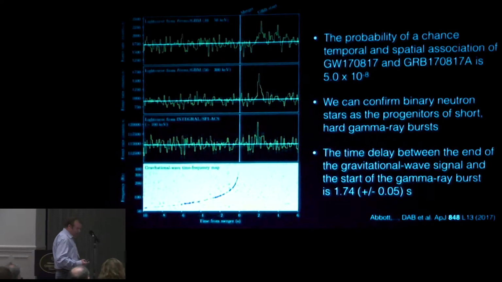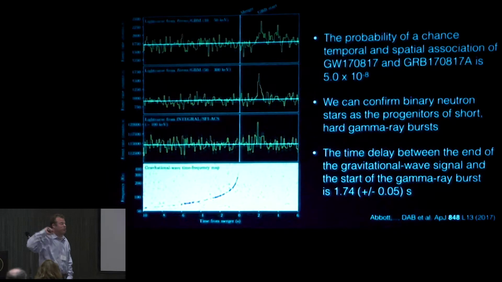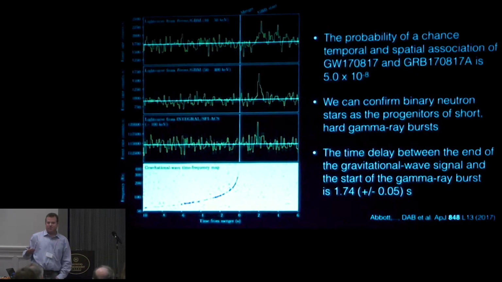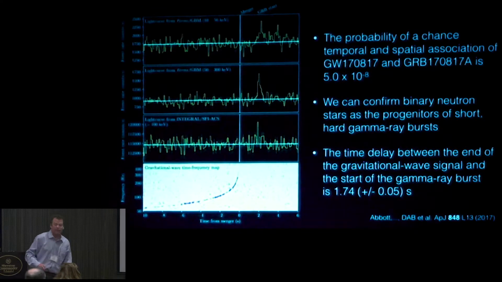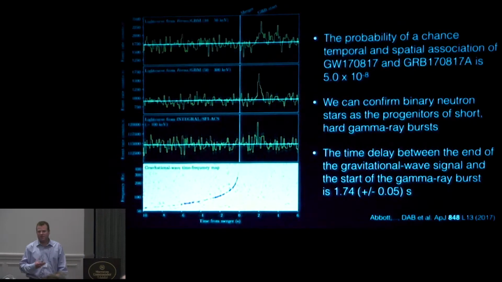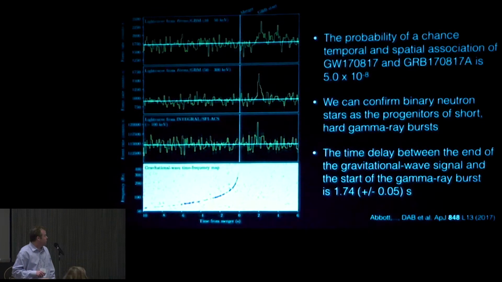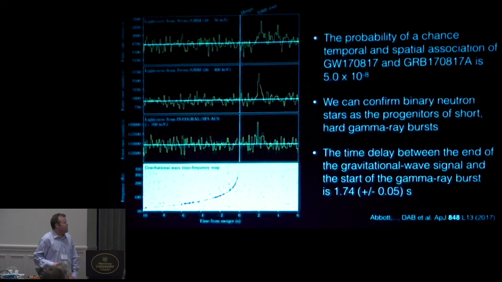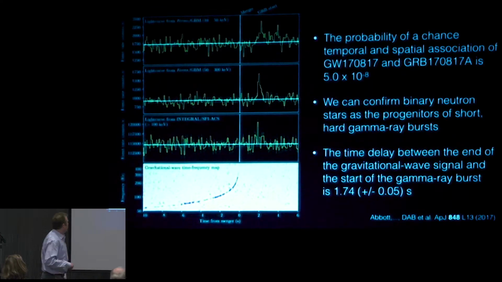Fermi and INTEGRAL localize the GRB on the sky as well, although not as well as LIGO and Virgo do, but we have a temporal and spatial coincidence. The sky's a big place, we have a long time to observe. The chance of this happening just by chance is excluded at the 5 sigma level. So this is a great result that confirms that binary neutron star mergers are the progenitors of at least one, possibly many, short-hard gamma ray bursts. There may be neutron star-black hole mergers as well. And we have a nice accurate time delay, 1.74 seconds, between the end of the gravitational wave signal and the start of the gamma ray burst, with a lot of physics happening in there that we can explore with